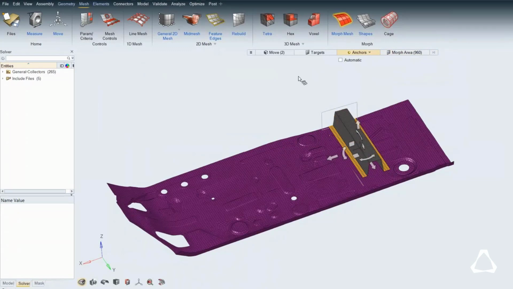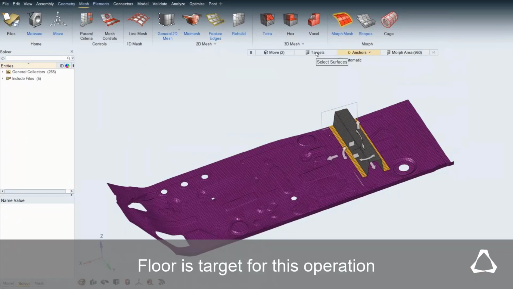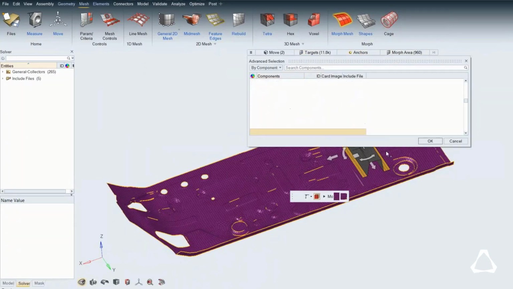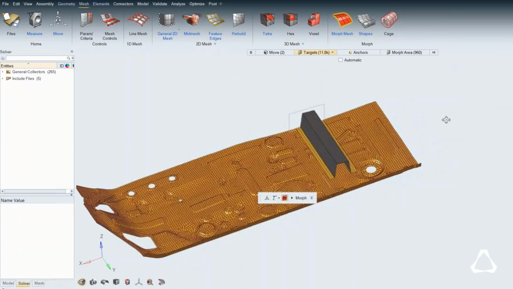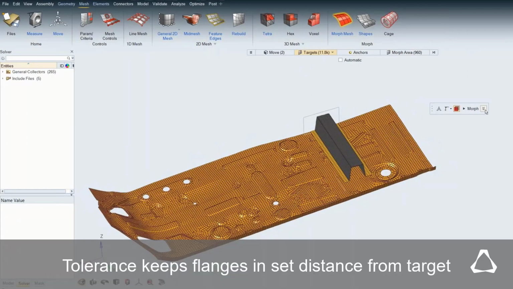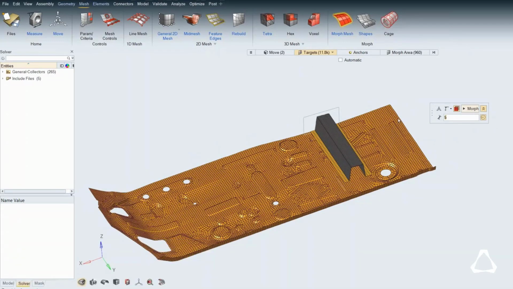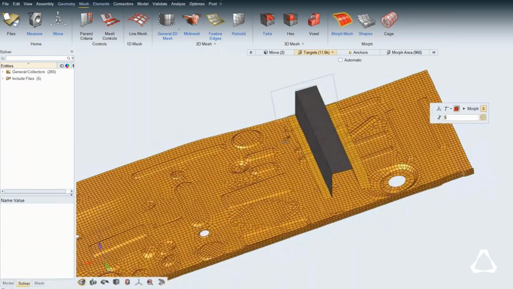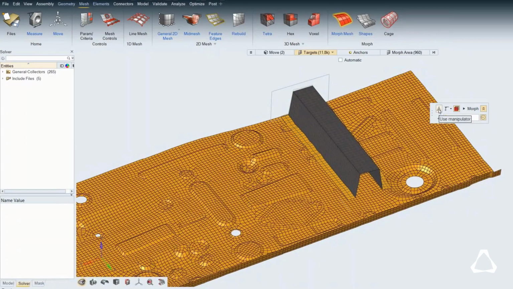As we want to align this cross member's flanges onto the floor, we will use the floor as a target. So as soon as I select the target, the new morph menu gets popped up. Here I will give some tolerance for welding and say morph. As you can see, the flanges get nicely aligned with the underlying mesh, and I can pick the manipulator and